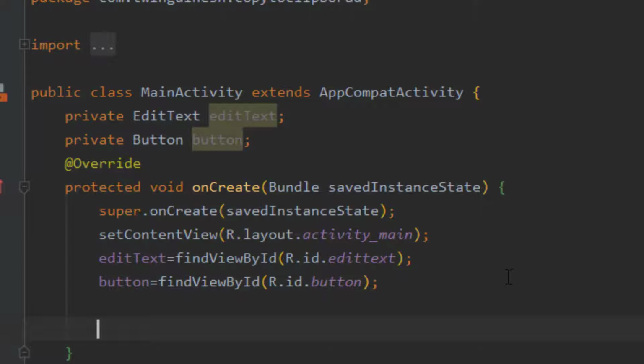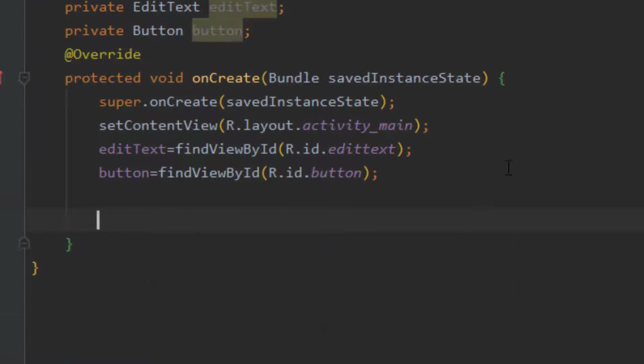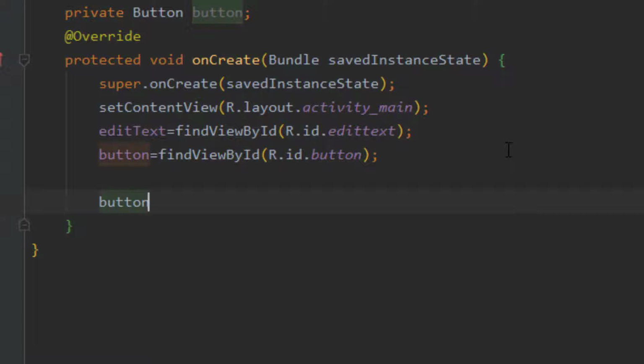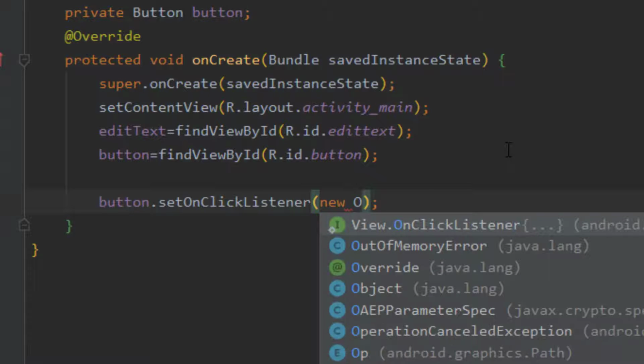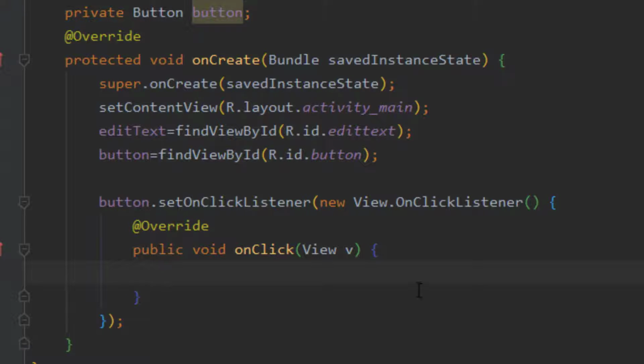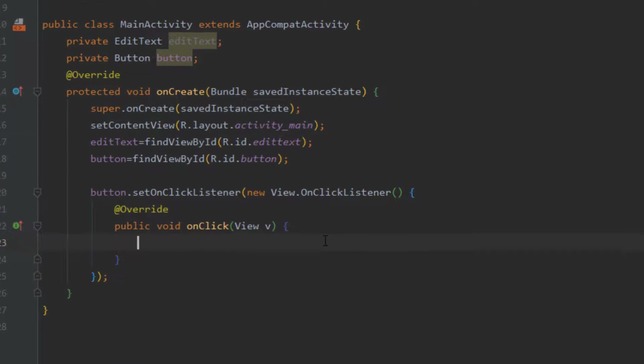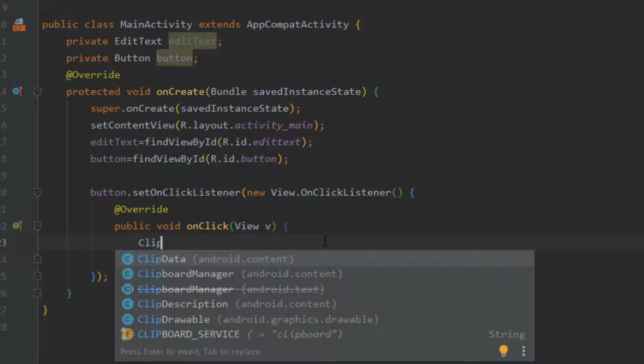Let's add a button on click listener. For the button dot set on click listener, inside this we have to pass an anonymous class. Everyone knows that on click listener. Here we are going to perform all the things. For that, first we have to create a clipboard manager object.